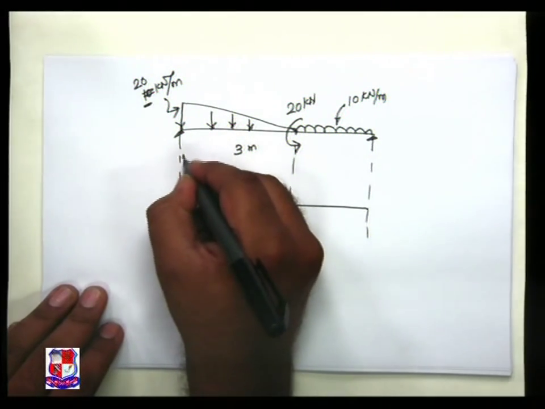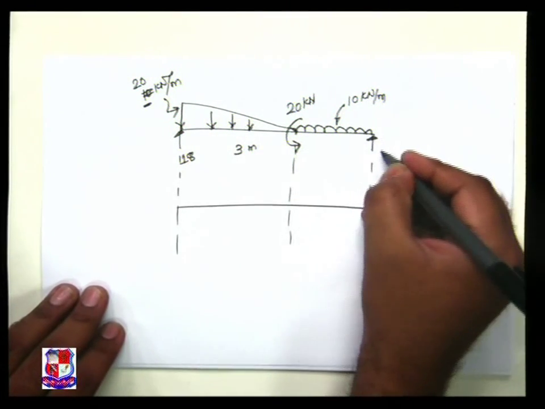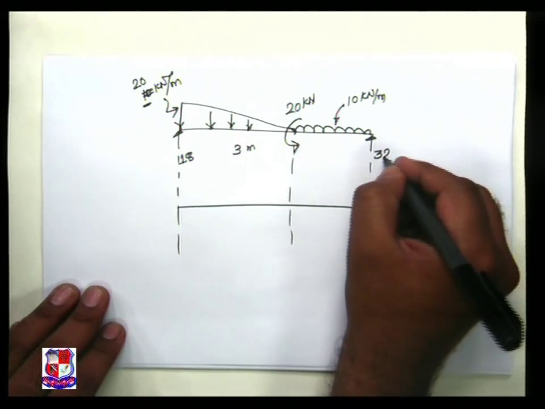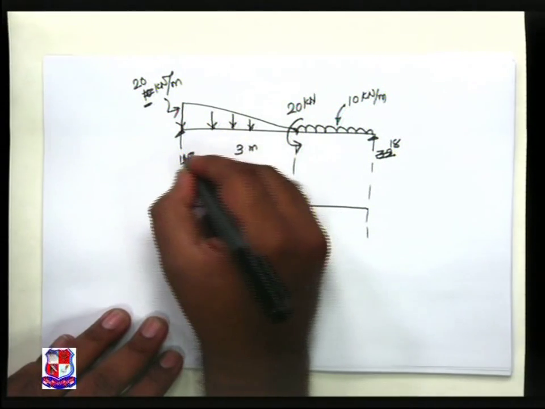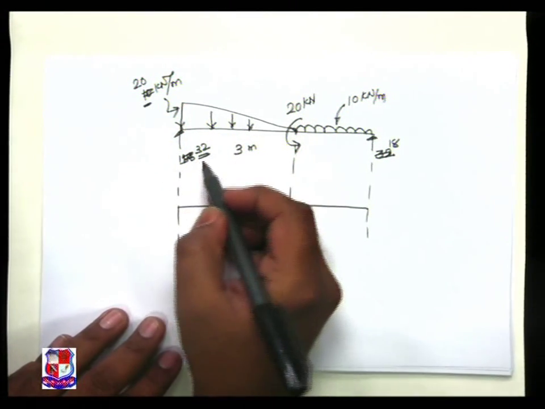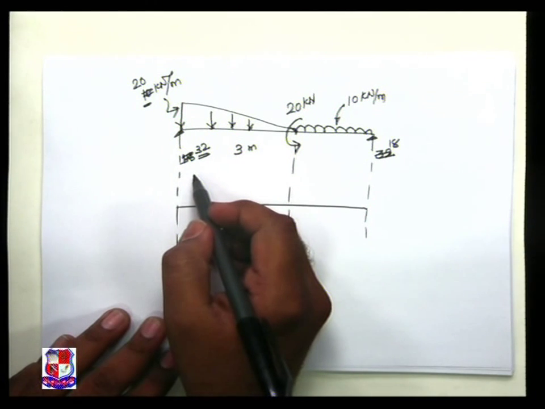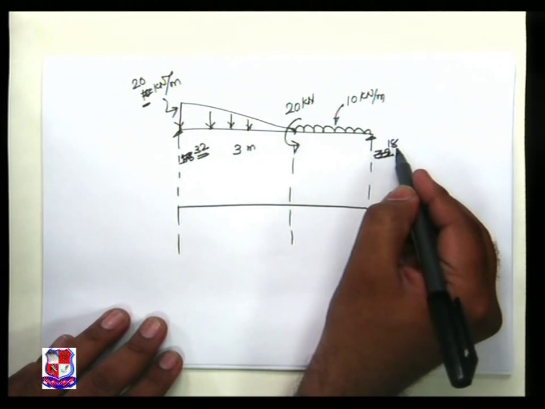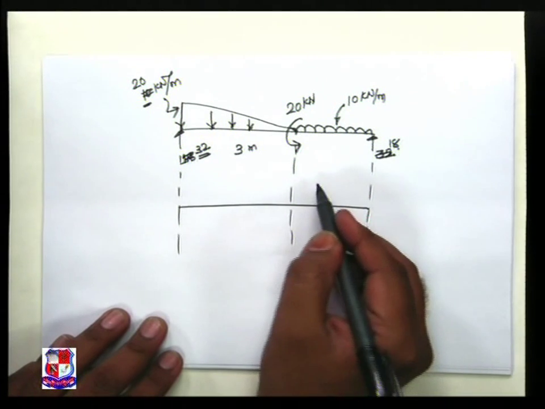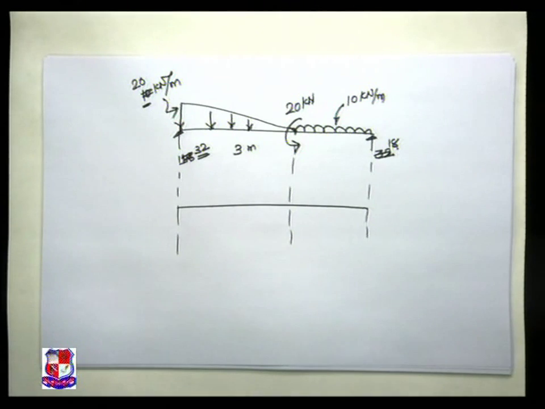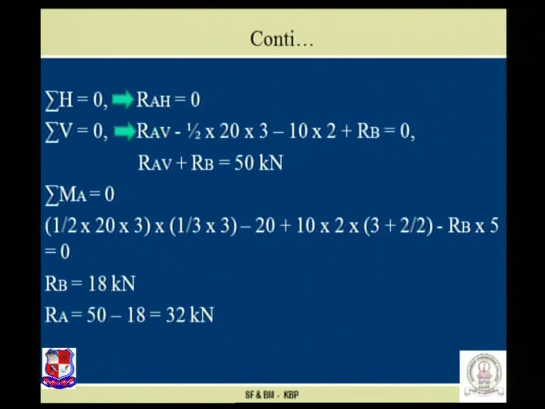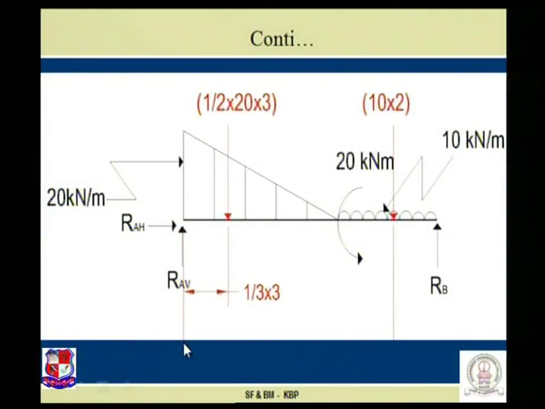Reaction RA, we got it 18, and RB we got it 32. Let us check it out. No, this is of 18 and this is of 32. So we got RA is of 32 and RB is of 18. See the previous case that we have found out the reactions. We got RB as 18 and RA as 32, and if we see the previous figure also, this